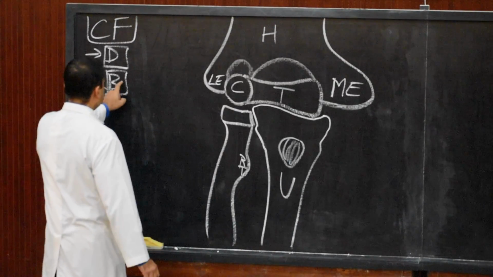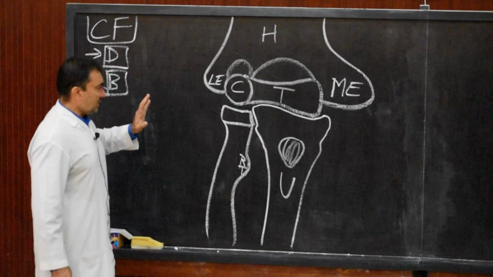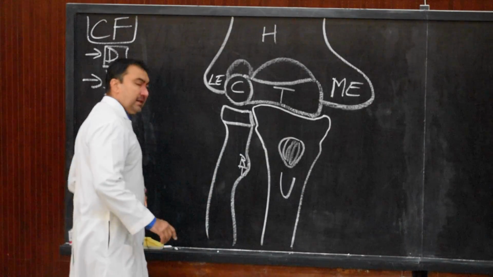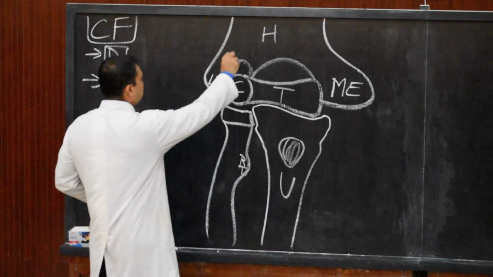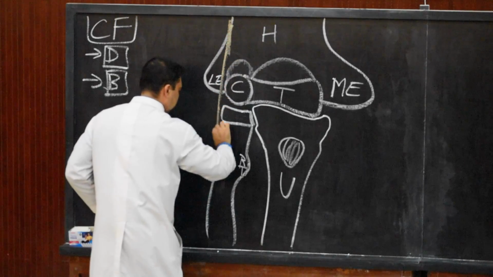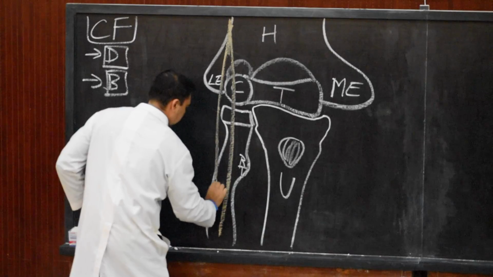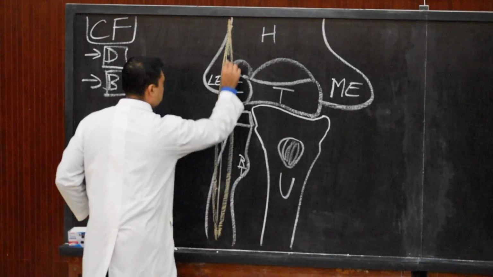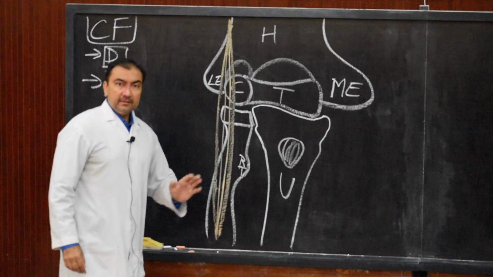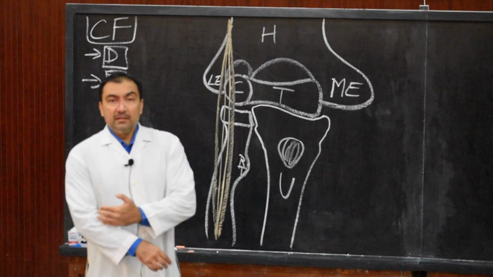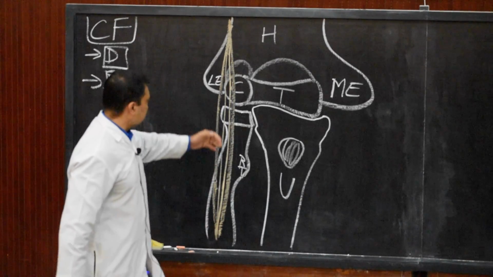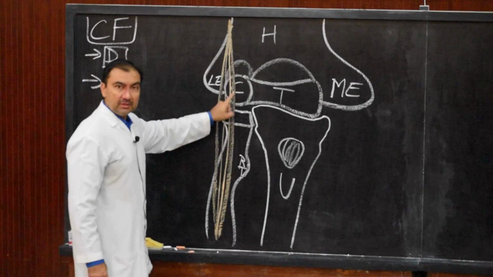In the boundaries of cubital fossa, laterally it will be formed by the medial border of brachioradialis muscle. So therefore we draw the brachioradialis muscle, and this brachioradialis we will extend from the lateral supracondylar ridge of the humerus, and we can extend this entire brachioradialis on this side. On the lateral side, this portion is brachioradialis muscle. So the lateral margin of the cubital fossa will be formed by the medial border of brachioradialis muscle. This is the brachioradialis muscle, this is its medial border.